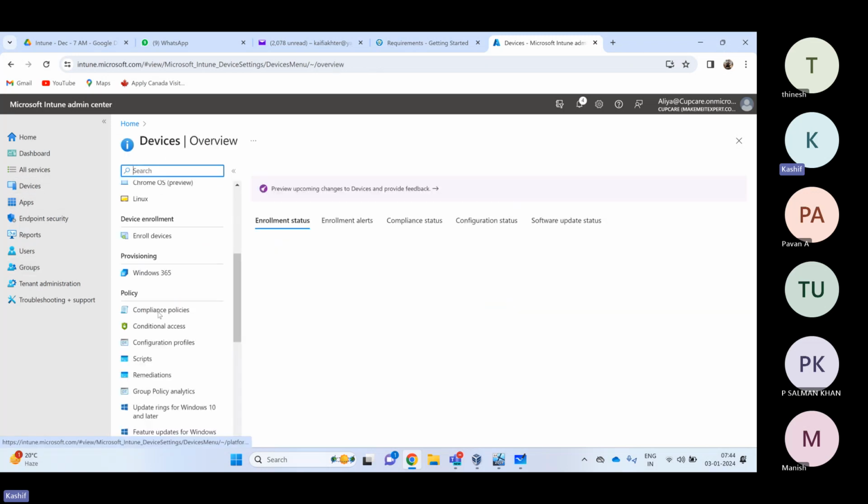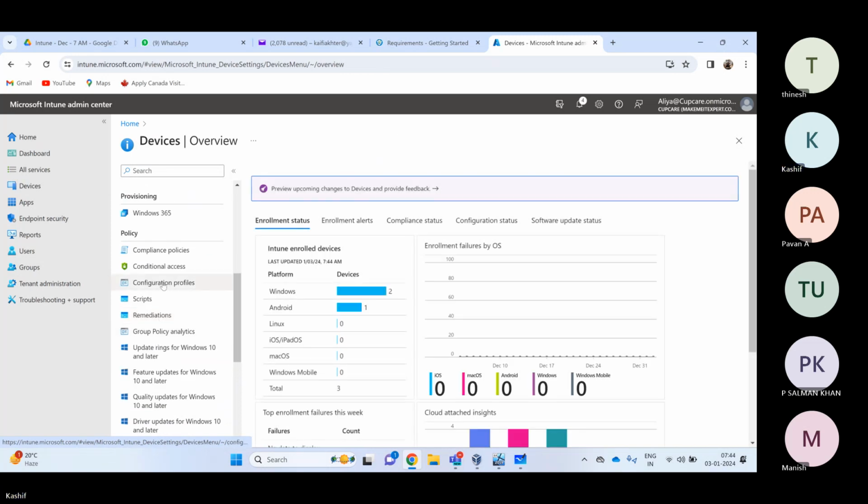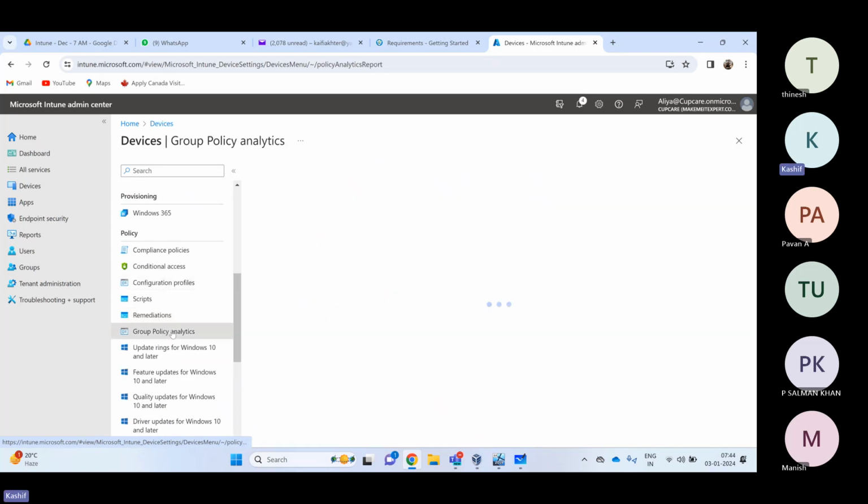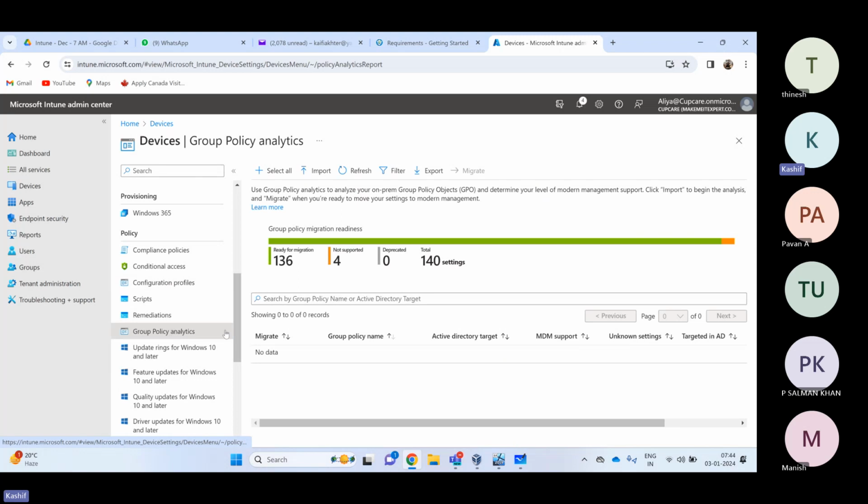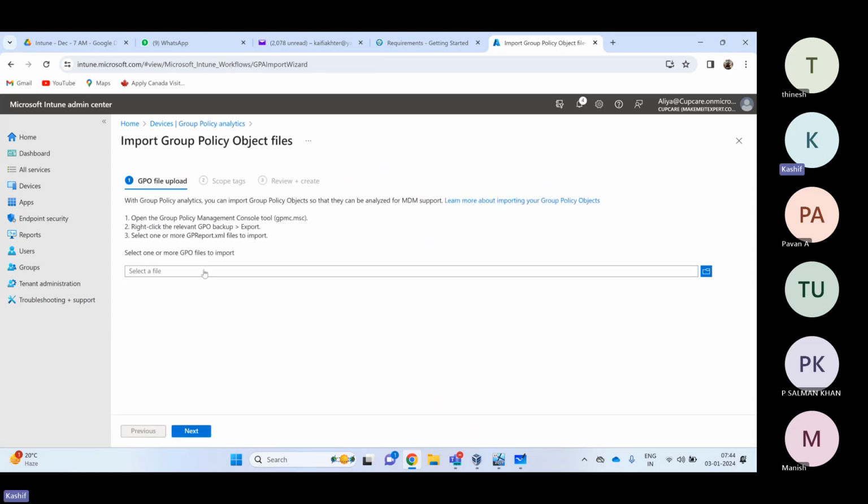Inside devices, we have group policy analytics. In group policy analytics, I am gonna click on import, and then we need to basically add this one, the gp report.xml. So let me click on this,